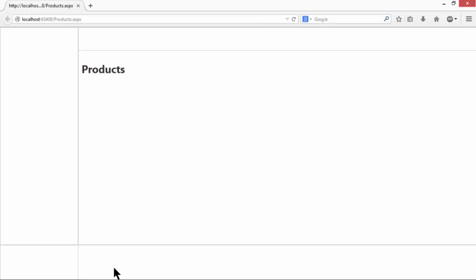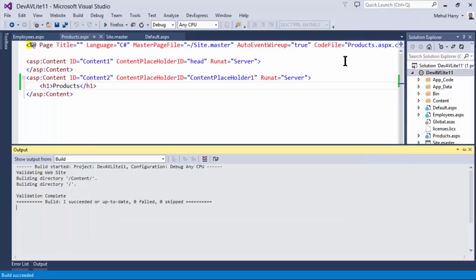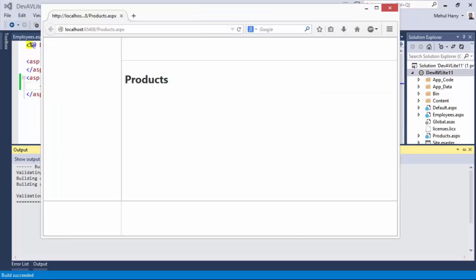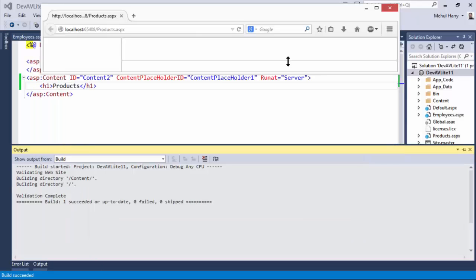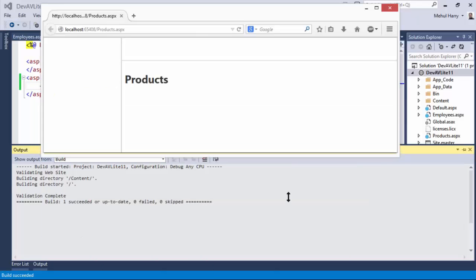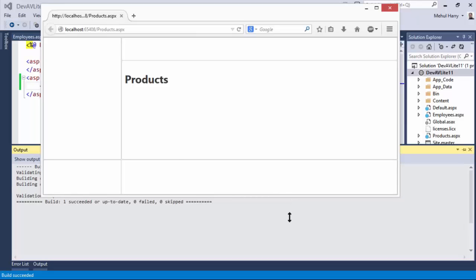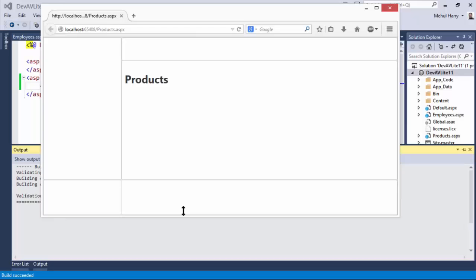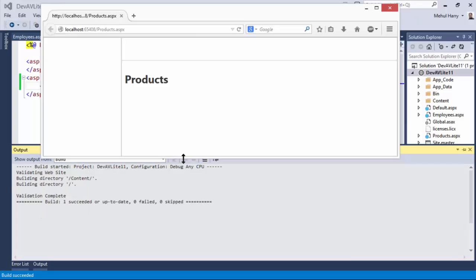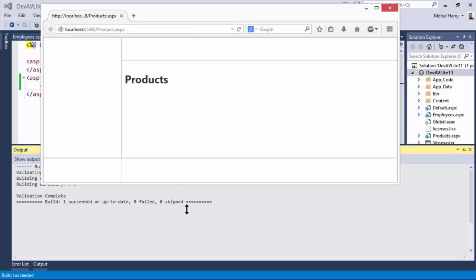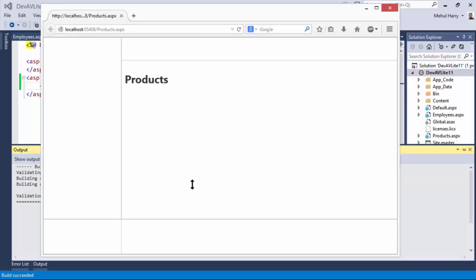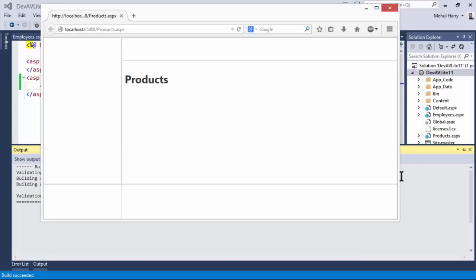Now, you saw that I gave the main content area a minimum size of 300 pixels. So what's the difference? Well, the difference is the logo area has a hard size, meaning that, for example, if I go up, the logo is going to stay at 300 pixels. So this top area, I gave it a 300 pixel minimum size. So it's going to stay at 300 pixels, and then it's going to cut off the bottom area, which essentially allows us